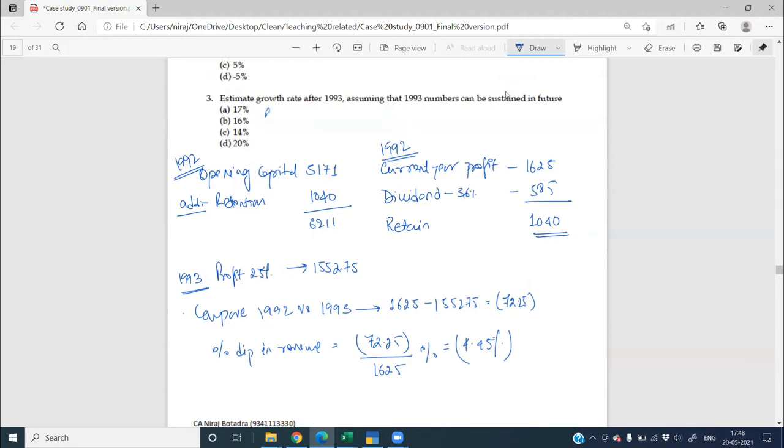So मेरे को growth rate पूछा है वापस से, G equals to B into R. So what is my B? B उन्होंने पहले बोल दिया हुआ है कि in 1993 हमारा dividend will remain constant. If my dividend is remaining constant in 1993, so that means my retention will again be how much? 64%. And my R, what has been given to me is 25%. So what will be my growth rate? This multiplied by this, which will come to around 16%. यस, ये तो निकल गया था सर आराम से.